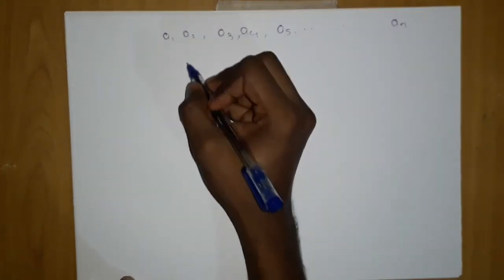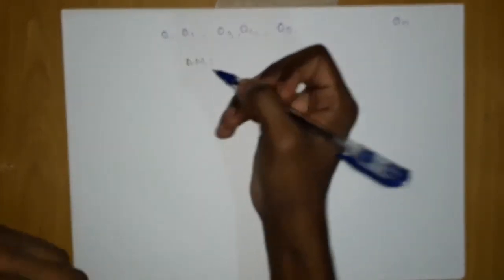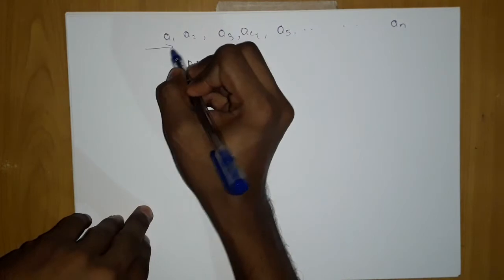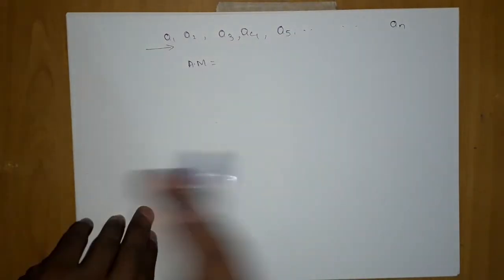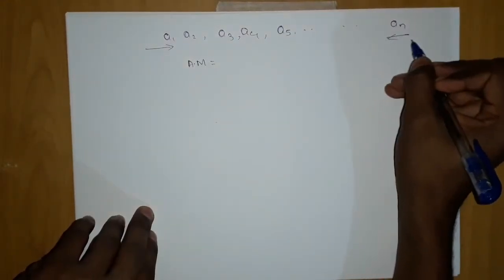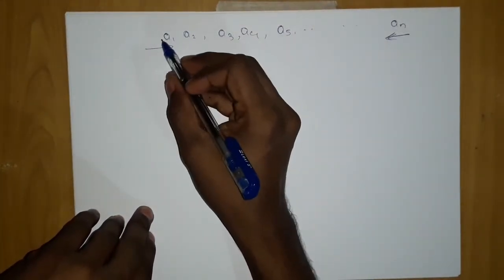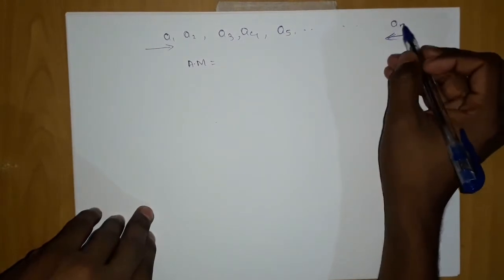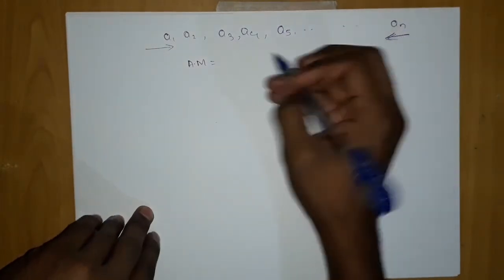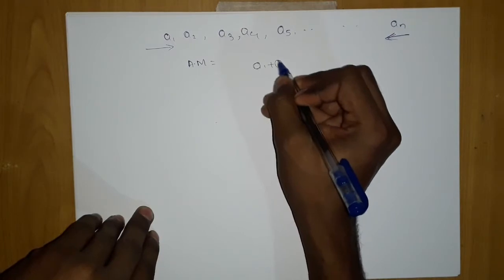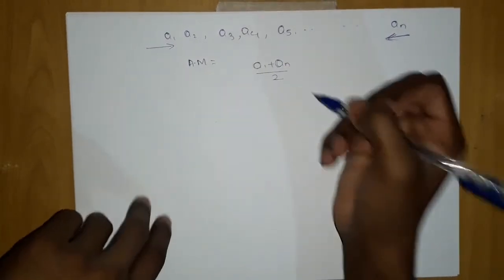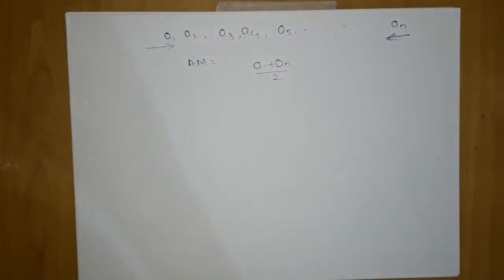When you say AM, the AM value can also be calculated if I move from the left side to the right side and from the right side to the left side. If I take the first term from the start and the last term from the end, that is a1 plus an, how many terms are there? 2. Now you can find the arithmetic mean of any sequence